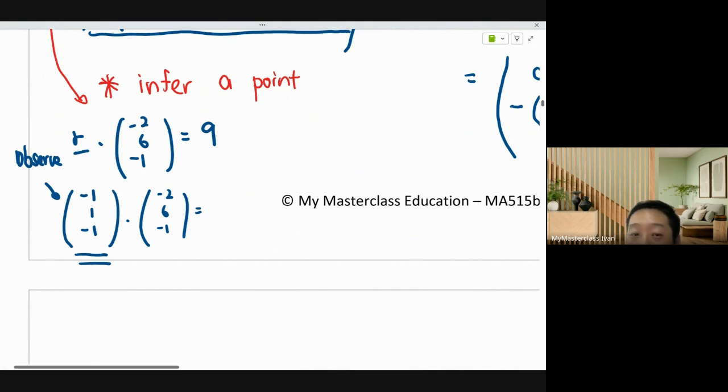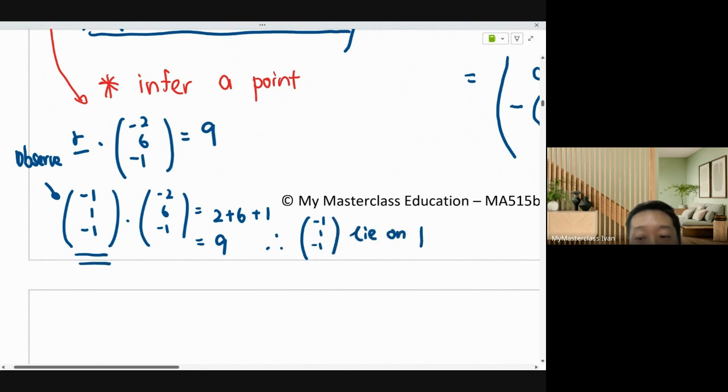Okay, it's really just by observation. But actually later on, I'll teach you how to use 0, and 0 is always better. So minus 1, because when I dot like that, this will give me 2 plus 6, then plus 1. Does it equal 9? Yes, right. So therefore, 2, 1, minus 1,